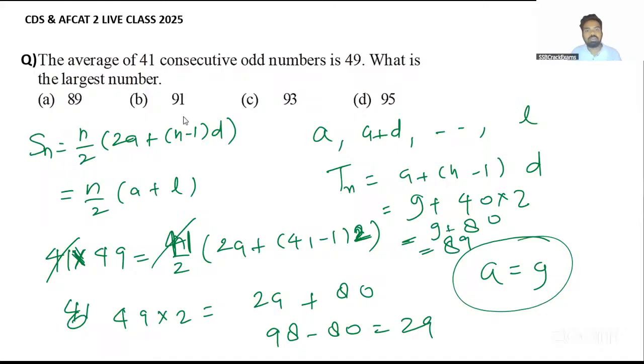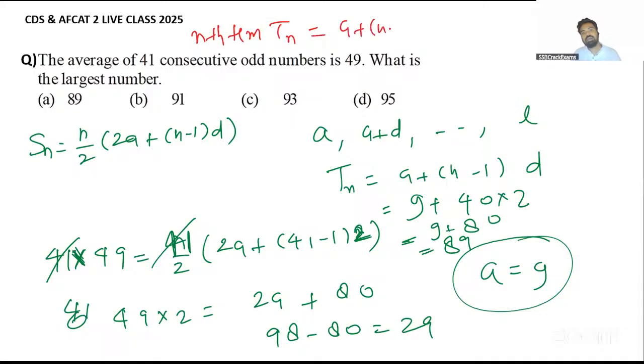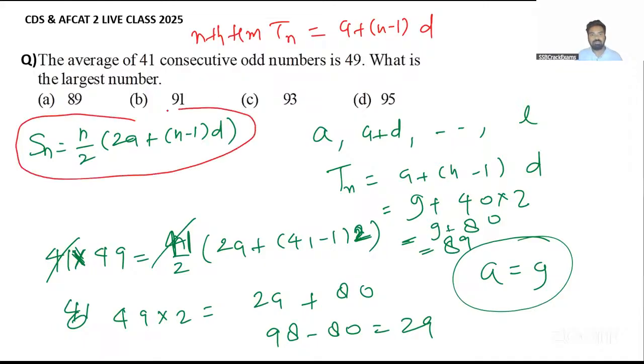So I have used the formula of the nth term of AP and the sum of n terms of AP. In AP, the formula for the nth term is denoted by Tn, and it is given by a plus n minus 1 into d, where a is the first term, n is the number of terms, and d is the common difference. So when you apply this formula, you will get the nth term, whatever you want to calculate. And the sum of these n terms is given by,